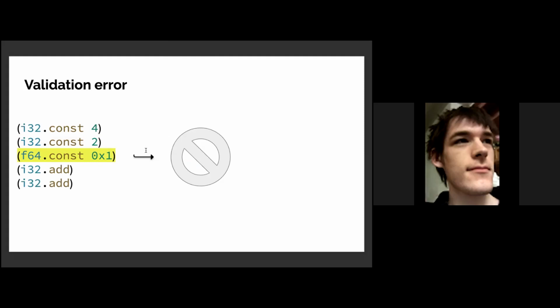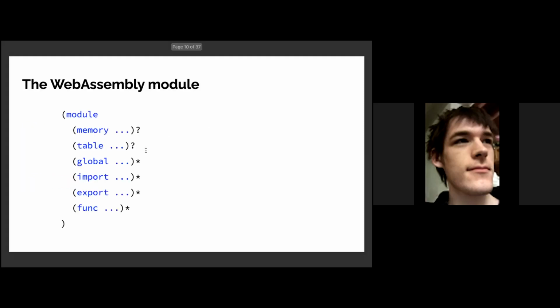So now that I've briefly introduced WebAssembly code fragments, I can talk about the module. A module is WebAssembly's unit of compilation. It holds declarations of global state, which code can access, and also declares a list of functions which contain the program's code. Each function is type annotated, and one of the main behaviors of the validation pass is to check that the body of each function respects its type annotation.